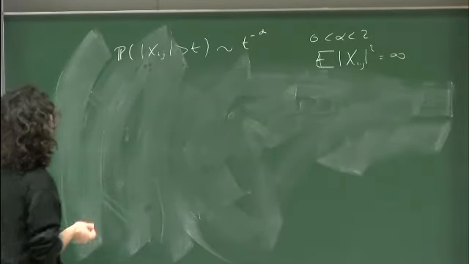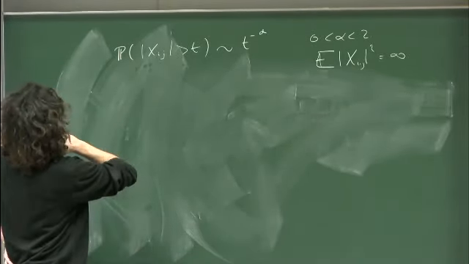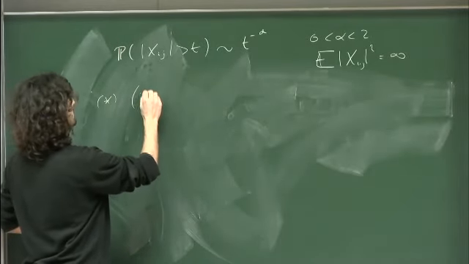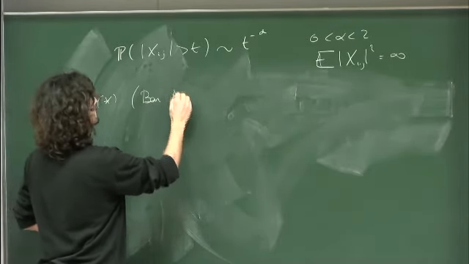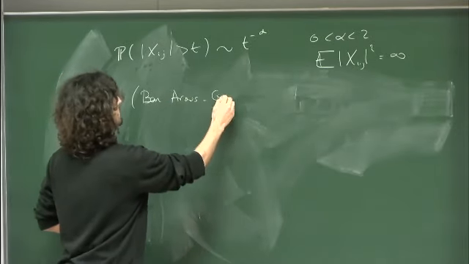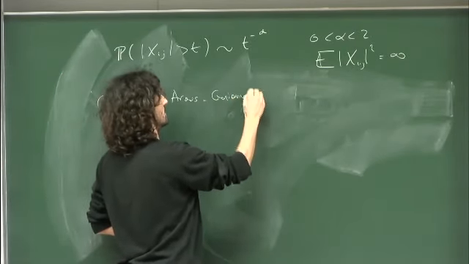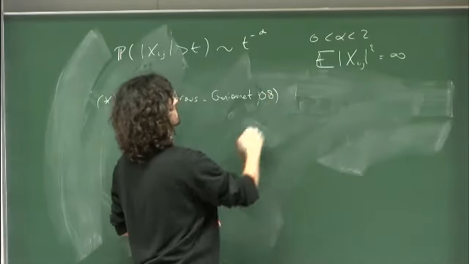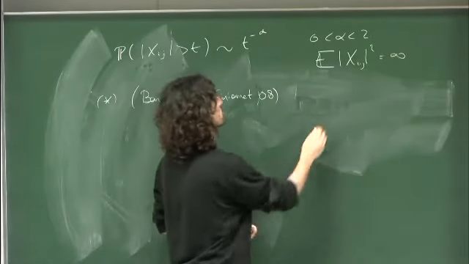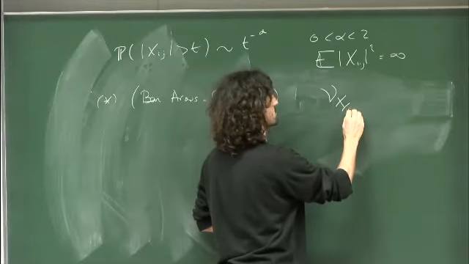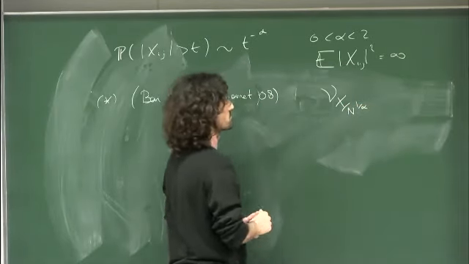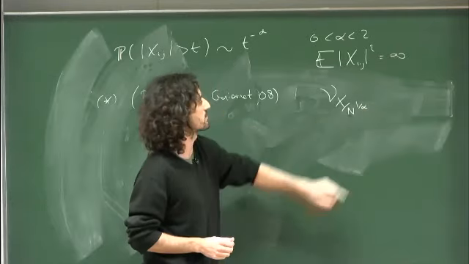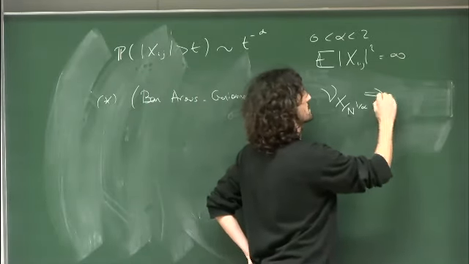Then there is also the singular value part, by Benaych-Georges and Guionnet in 2008, I think. They also prove formally the same kind of statement: that your n by n matrix, now with the correct scaling n to the power 1 over alpha, converges to a limit measure nu alpha.